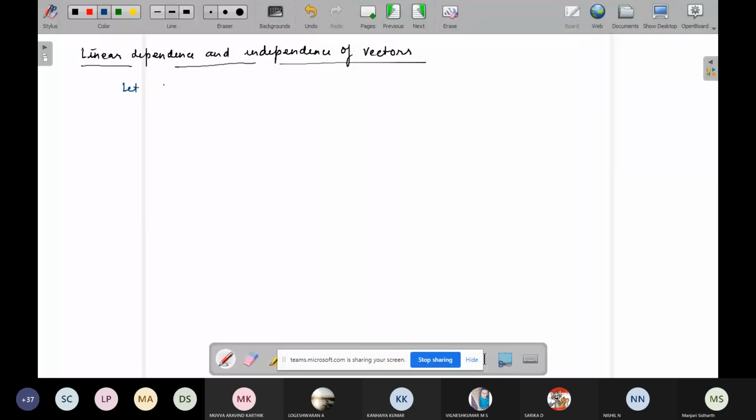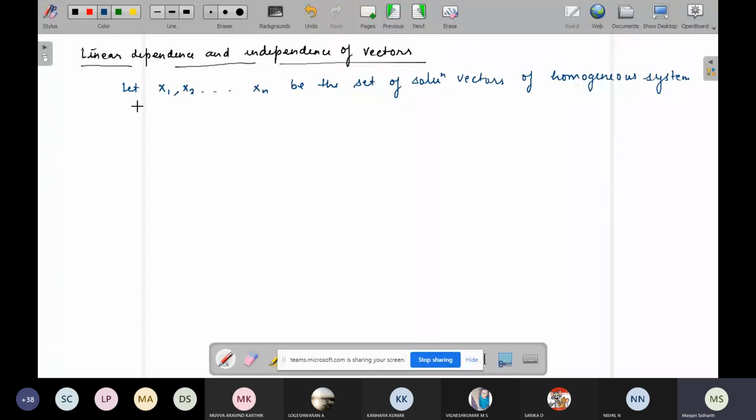So let x1, x2 up to xn be the set of solution vectors of the homogeneous system. So this set of vectors will be LI. LI means linearly independent